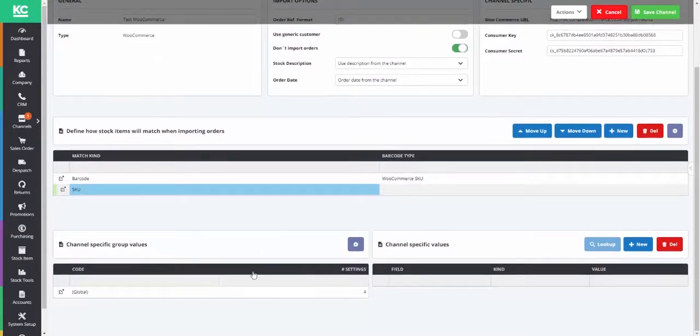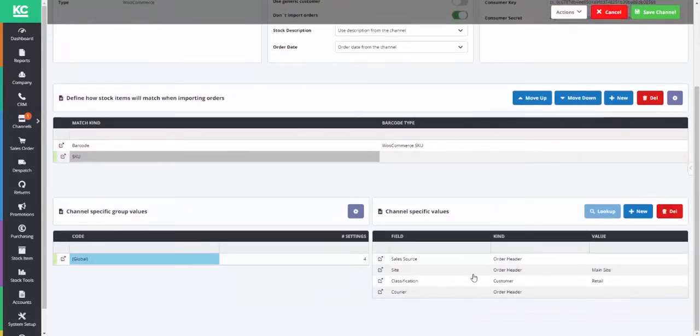Last but not least in this section are defining our group values. If you've played with Amazon or eBay on Chaos Control Cloud, this is going to look very straightforward. If you've set up a Shopify channel, it's going to look eerily familiar. We've got our global settings, and we need to make sure we define a sales source, a site, a company classification, and a default courier. This means that whenever a WooCommerce order is imported, these are the 4 default values that will be populated to help us automate the handling of those orders and to make sure that we deliver the level of service